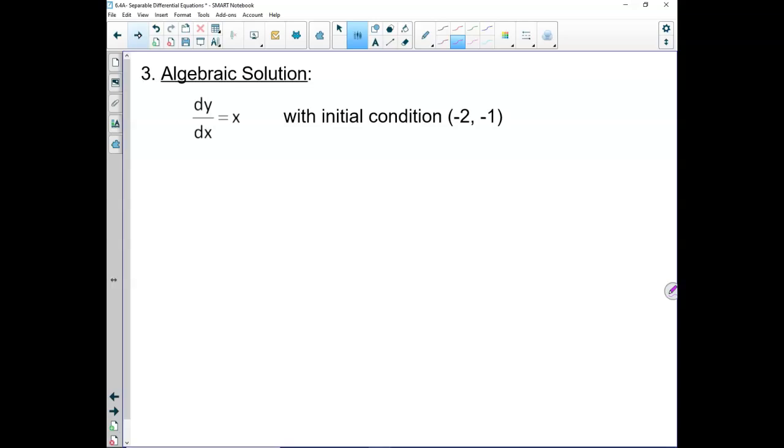So what did we do? We solved our differential equation without separation of variables. And again, you know how to do this already, because you know the antiderivative of dy dx. You know that's y. And you know the antiderivative of x. Well, that x to the first came from an x squared, right? And then I had a coefficient of 1, so that's a half x squared plus c. Because we don't know what that constant is, we have to find that constant